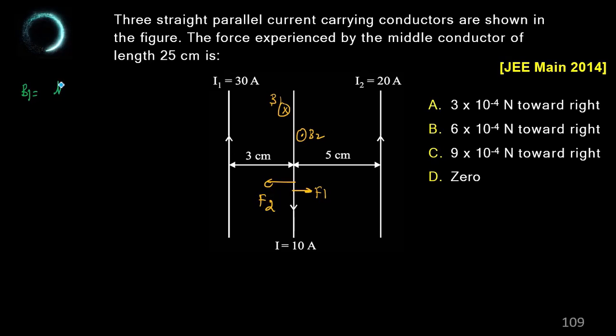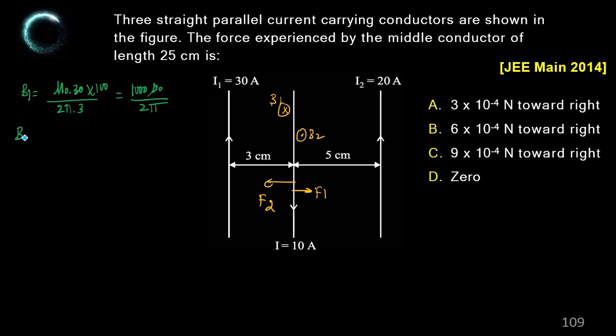B1 is mu naught into 30 by 2 pi into 3 into 100 উপরে চলে গেল। তাহলে 1000 mu naught by 2 pi।